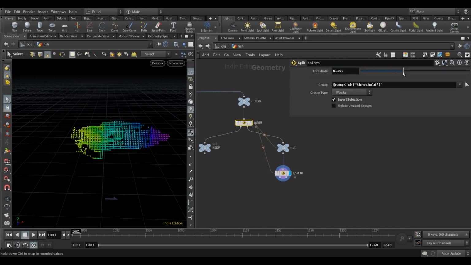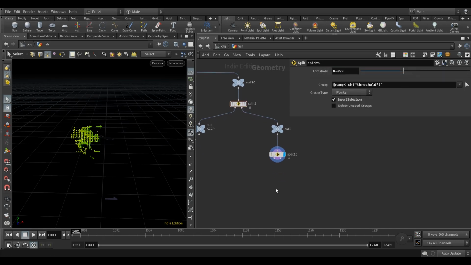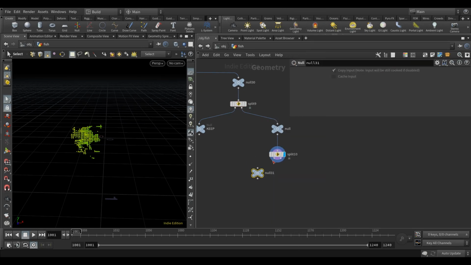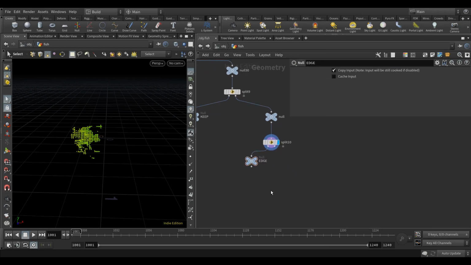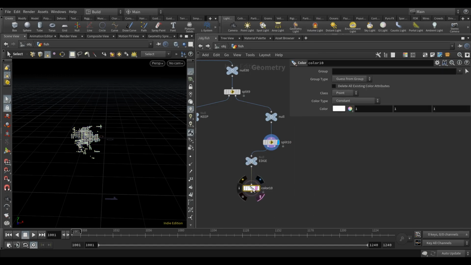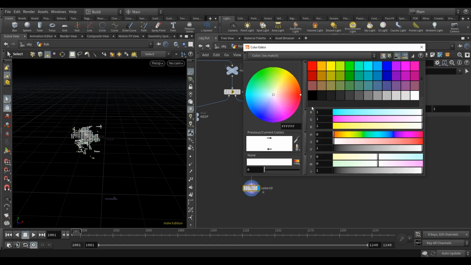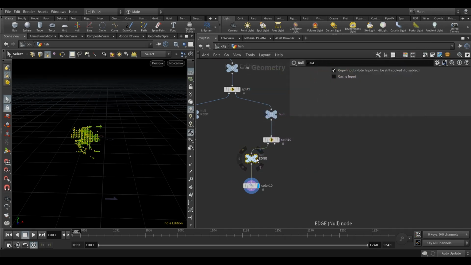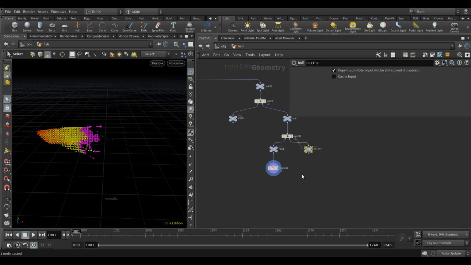And then if you scrub this, actually let's color this. So first of all, let's put a null here and then call this edge. And let's put a color here. And let's just make a really bright pink. And then this is the part that we are really gonna delete. So this is gonna be called delete. All right, so if you merge these two,